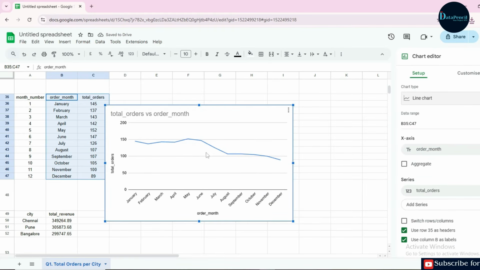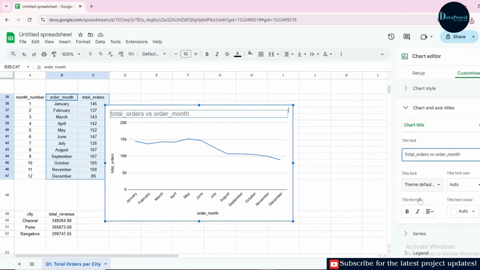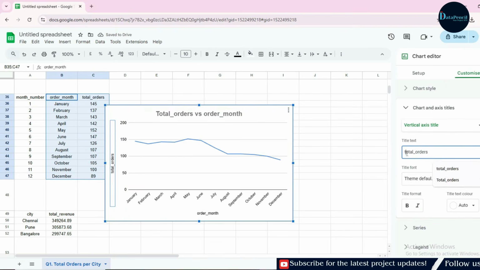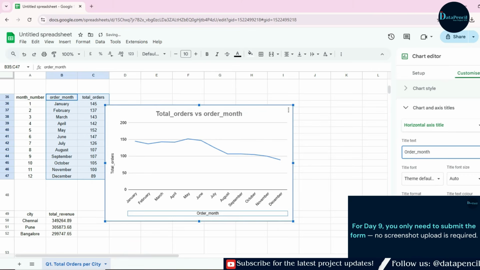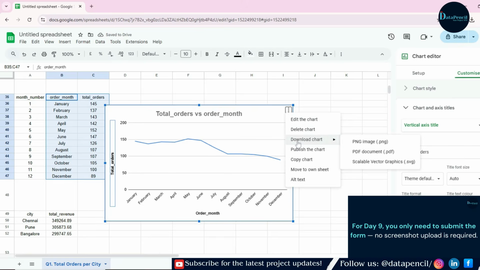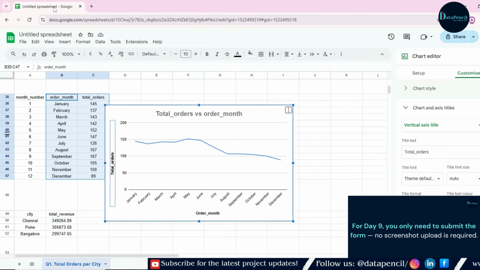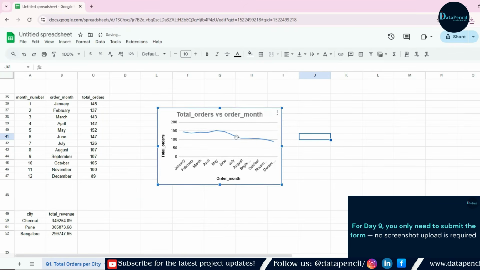Okay, here we can directly see the trend. So we can see that orders are decreasing here. Number of orders are decreasing. Okay, now let's change its titles one by one. Fine, and then its y-axis title, then its x-axis title, and make it bold. This also make it bold. Now let's save it, download PNG, and it's been saved now. Correct. Now let's reduce its size as well and place it somewhere here.